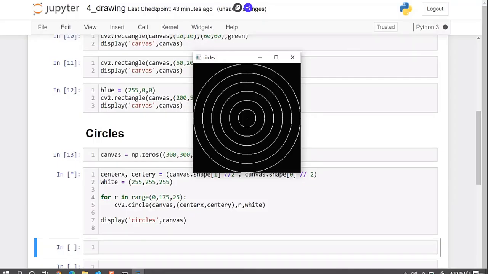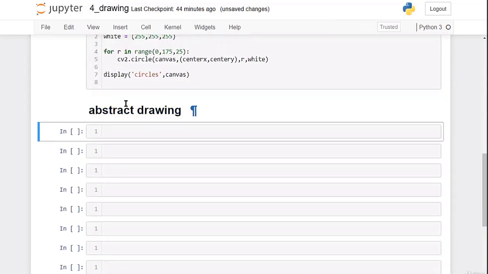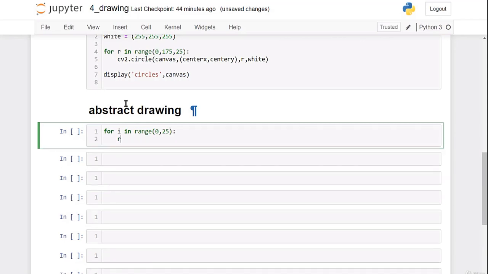Let's do some abstract drawing. This time I'll use a random radius and a random center of the circle, and let's see what we get when we draw some circles. Let's see some abstract drawing. So let's define a loop for i in range of 0 to 25. What I'm trying to do here is generate 25 circles with a radius which are my random numbers,